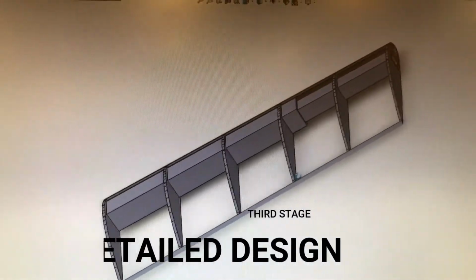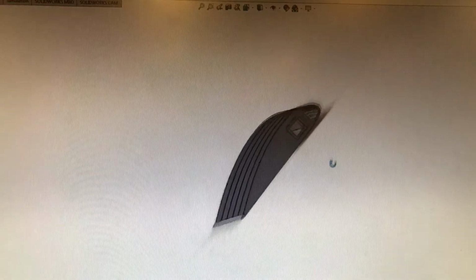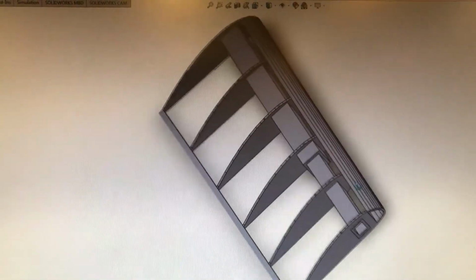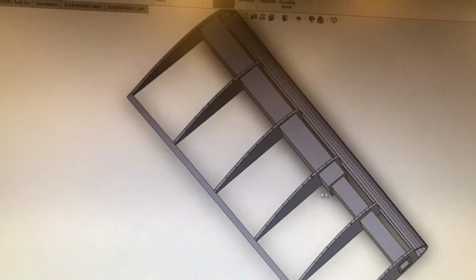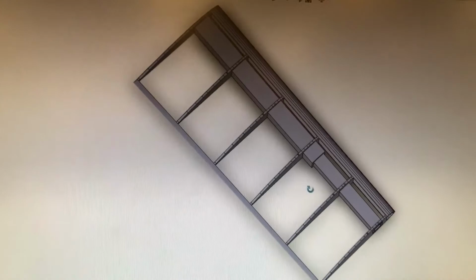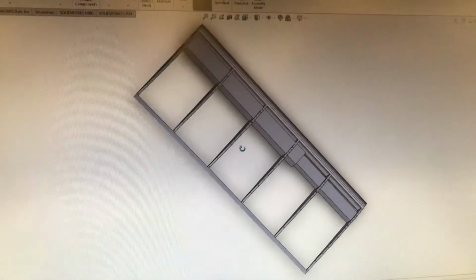For the third stage, the detailed design stage, we use computer-aided design to help showcase a wing. It also helped us to visualize how we would assemble all the parts. During this stage, we were trying to find the best design that would also be the easiest to manufacture. Using SolidWorks, we created the final model for a wing, which included trailing edge, leading edge, the ribs, and the